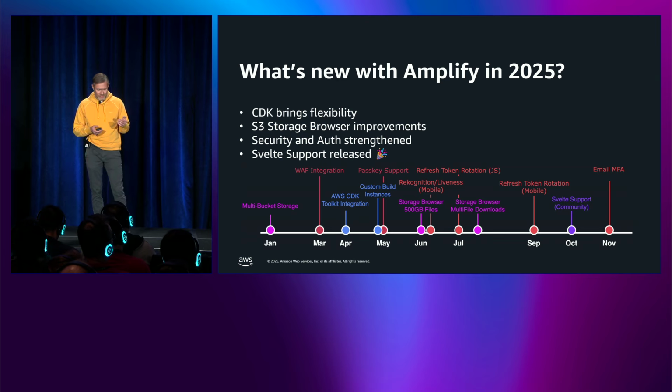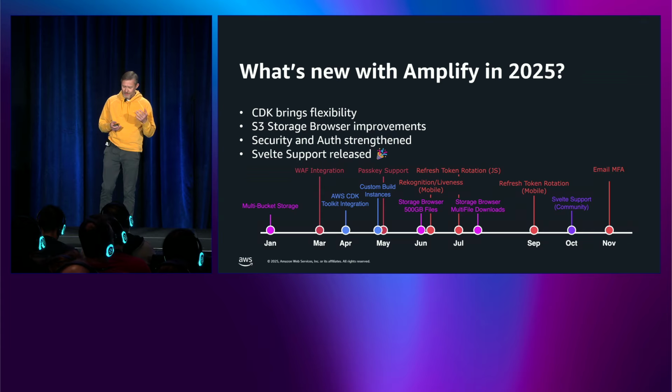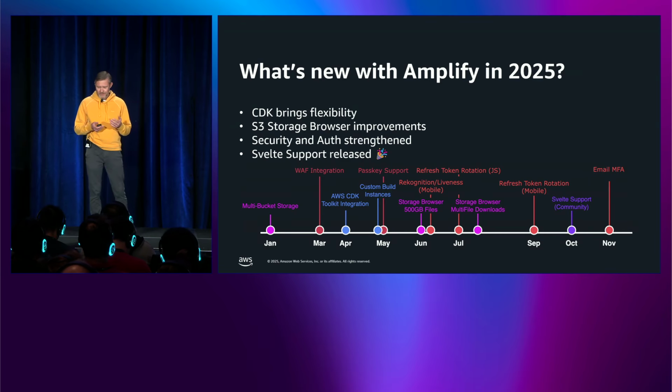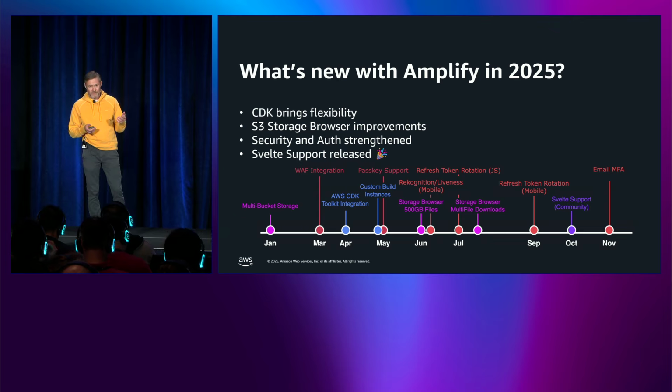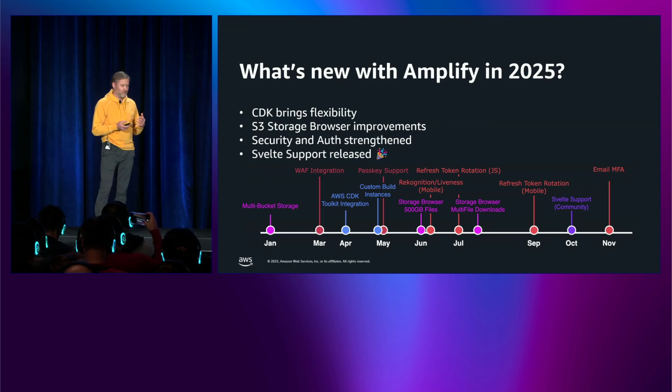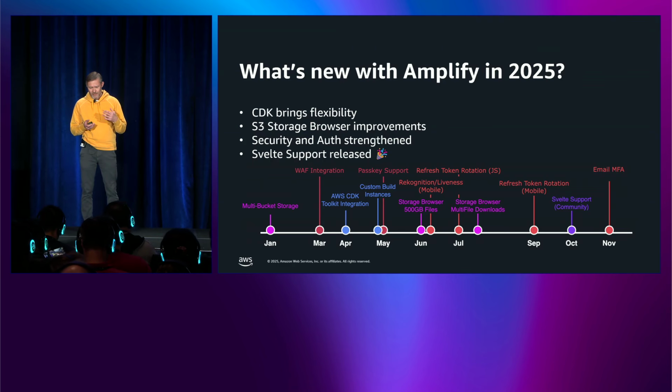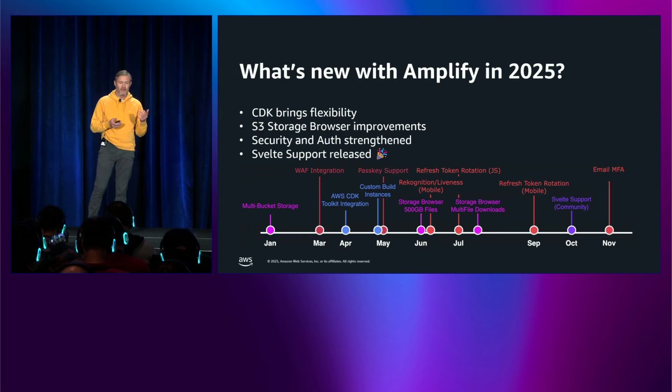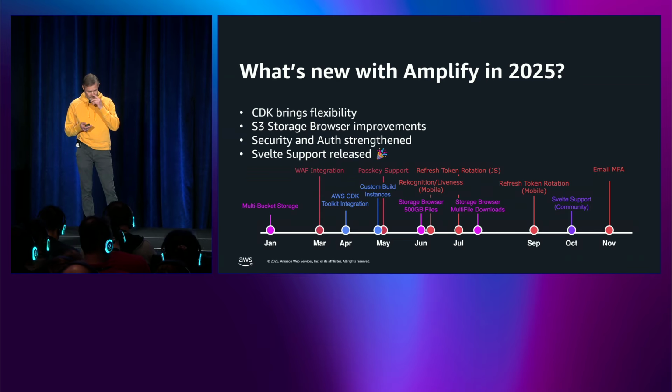So to just pick out a few, CDK, we integrated all across Amplify. And one thing that we integrated this year was the CDK toolkit library, which allows you to programmatically use CDK under the hood. And what it gives you is full abstractions of L2 and L3 constructs that you can use. And CDK promises to have the AWS best practices built in so that you can rely on that to be the right thing that you want to use.